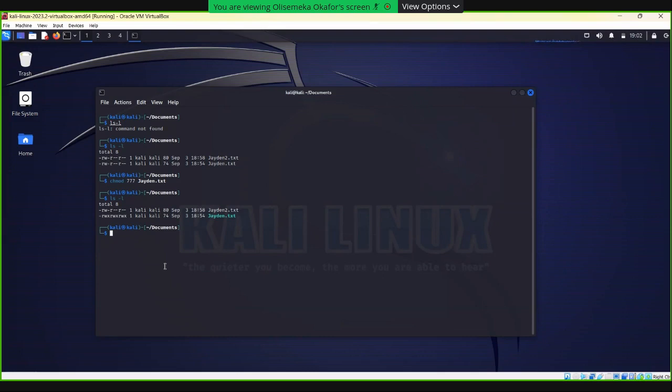No. That means that for this file, Jayden.txt, you the owner can read, write, and execute it. Other members of the group of this file can read, write, and execute, and others can also read, write, and execute this file.